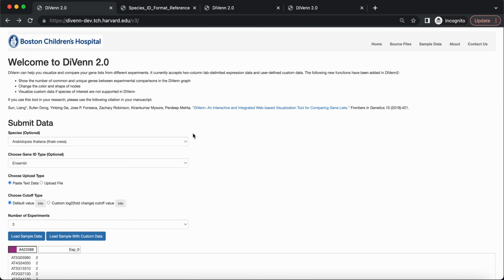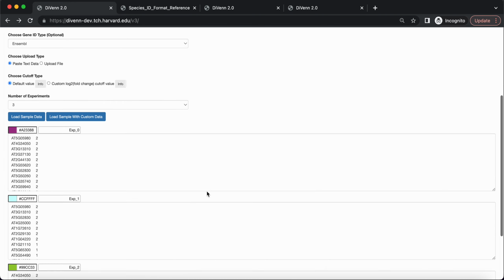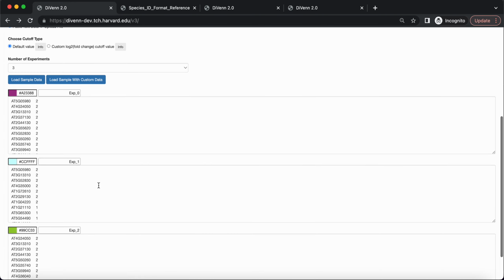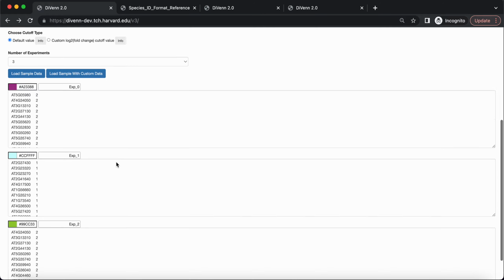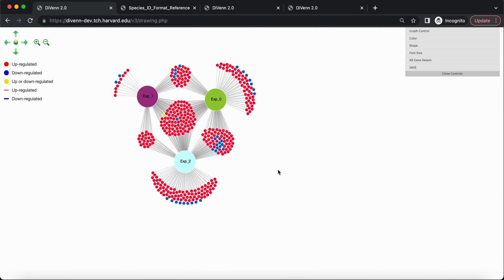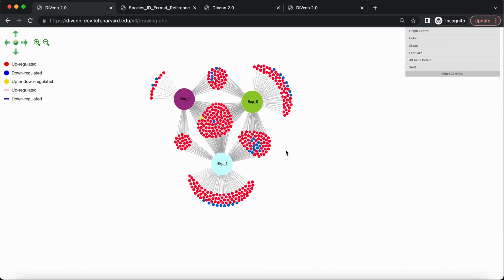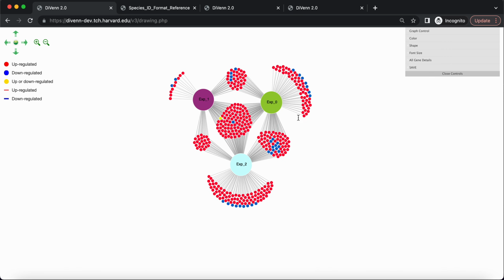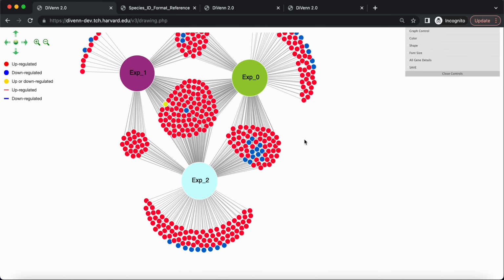Okay, going back to the home page. Once we have all this information, we've loaded our data, we have all of our experiments, we can hit submit. And here we get our visualization. Looks pretty similar to Divenn, the original version. We can move our visualization, zoom in, zoom out,